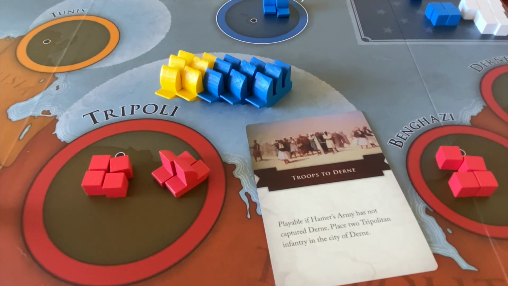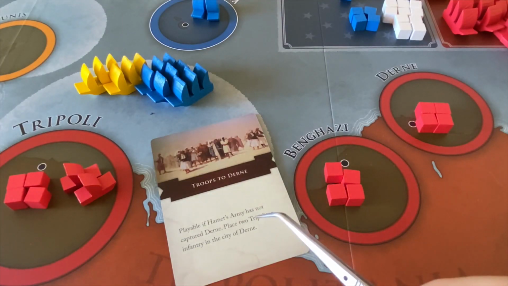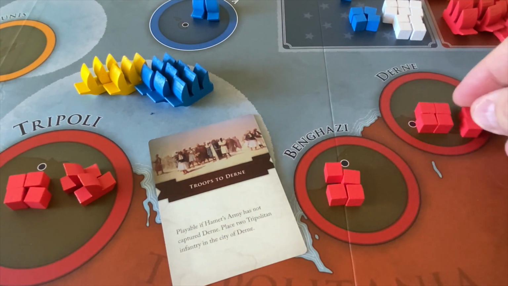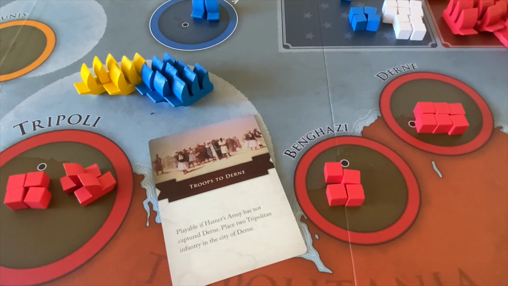So, just a little bit of context on this one. The AI bot conditions for playing this card are basically if there are no US troops in Derna. If the US hasn't taken Derna yet, then we play this card as Tripoli, which means that we're going to add 2 land units to the city of Derna, giving them a total of 6 instead of 4. This actually isn't very good for us because we have to take Derna to get the conditions for a favorable peace treaty for the US